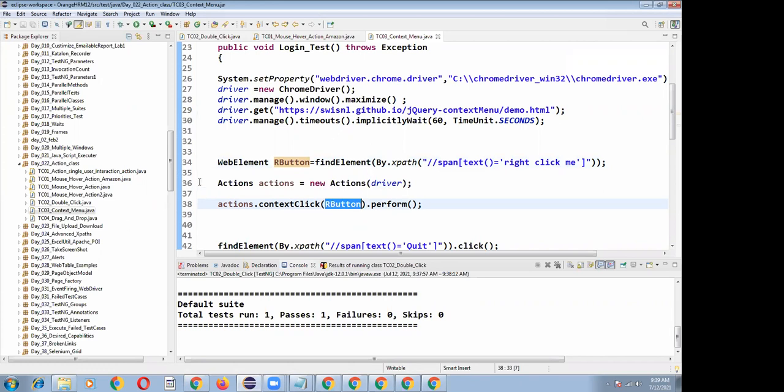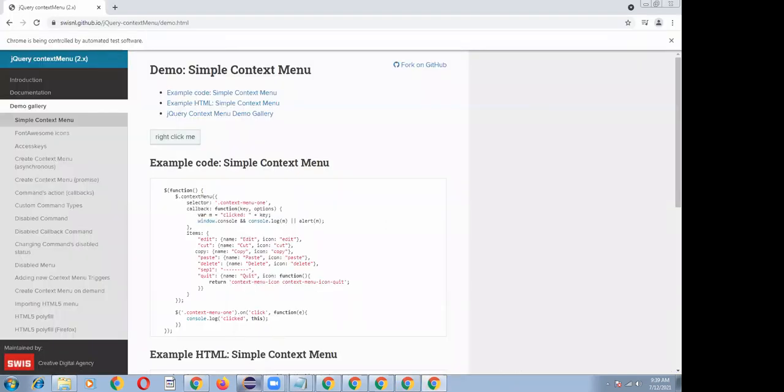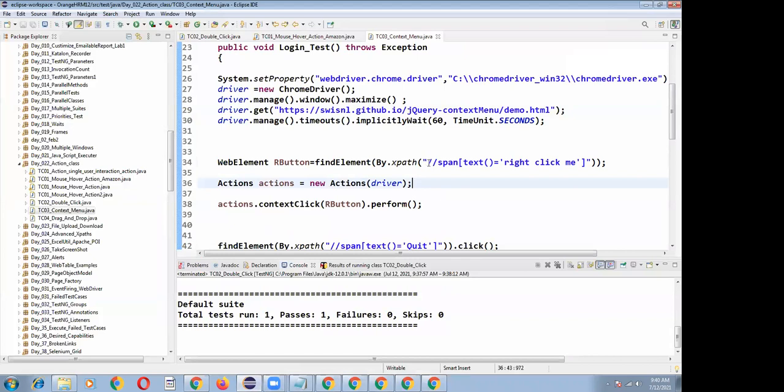I have created a web element object for this one, the right click me button. This is the XPath I have taken, and I created the web element object. And actions.contextClick of the web element object reference dot perform, so that it will perform right click.